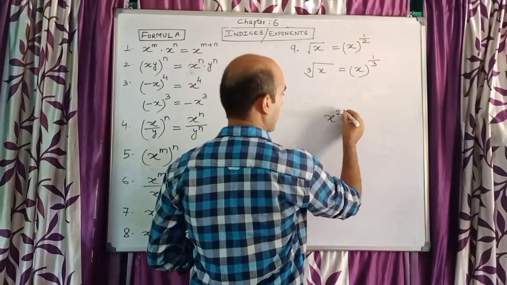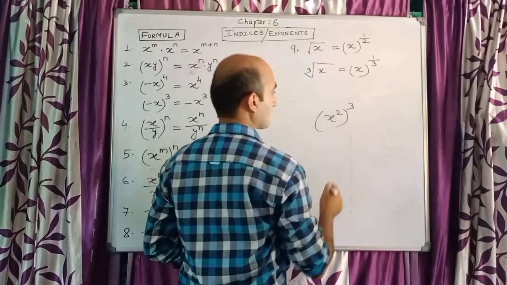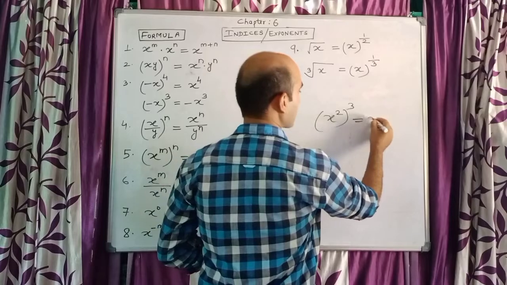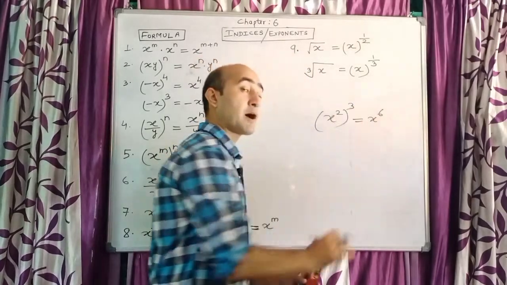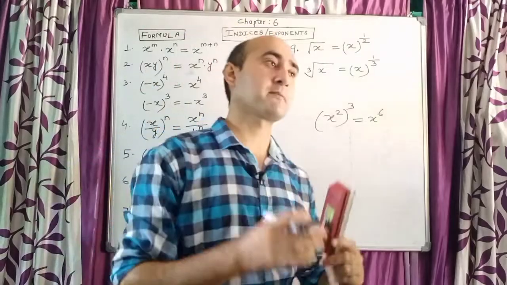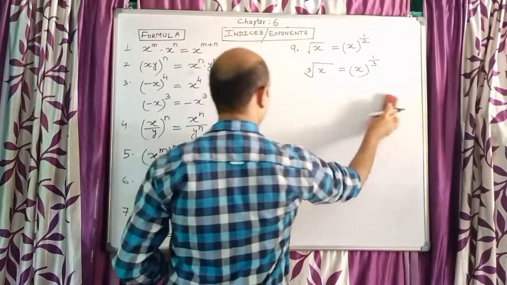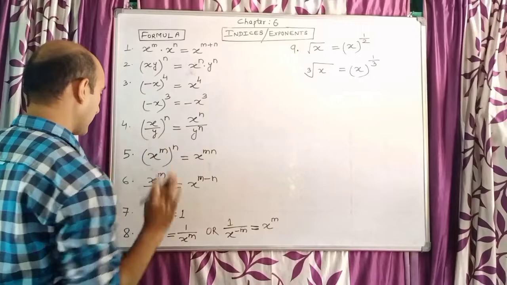Suppose I have x squared and then to the power cube. There are two powers, so our result is x to the power 6, because 2 times 3 is 6. The interior power and exterior power multiply. So that is what I wrote here, children. So this is also done. Next,